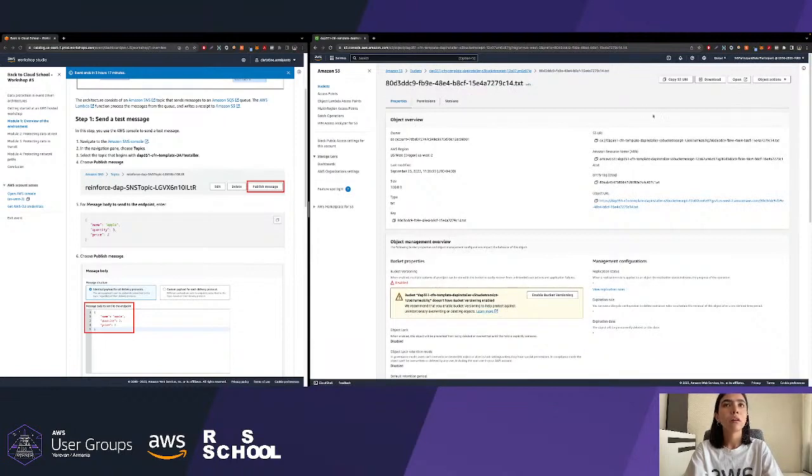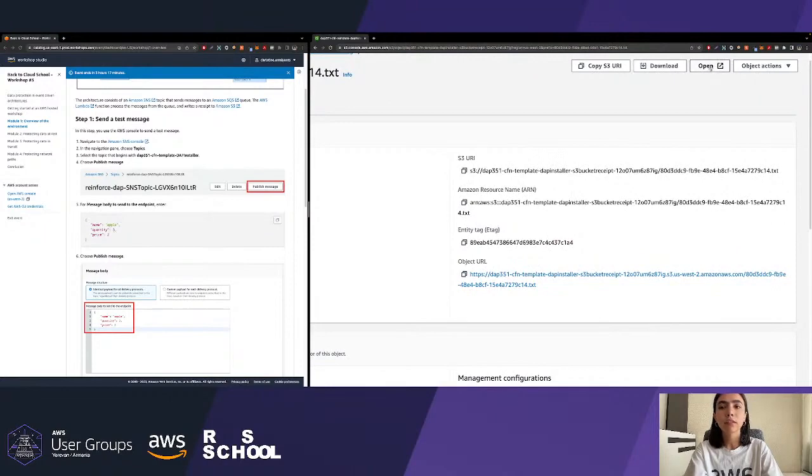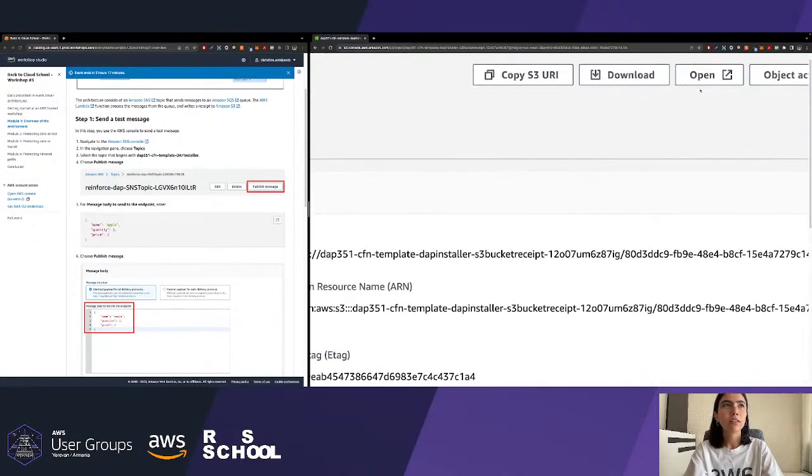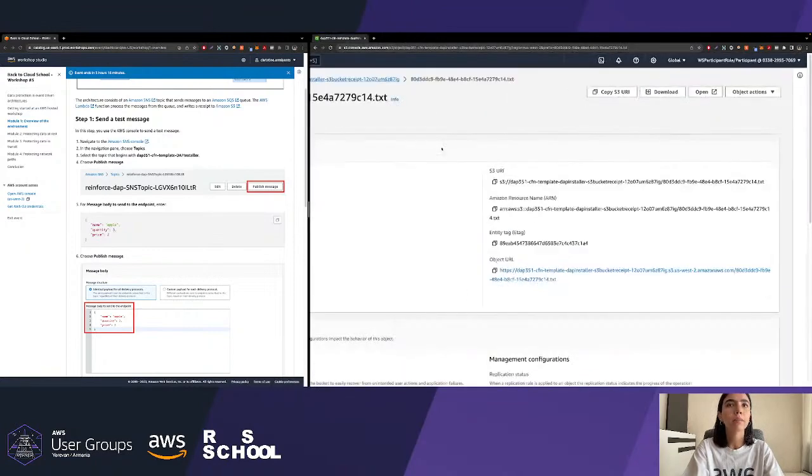Alright, hit that text file and hit the open button. I hope you can see, that's why I'm just zooming it. In any case, hit the open button and it will open a new message. And if you remember, as I said, you don't need to, we just have added one field here, total cost at 6. It was processed by the Lambda function and added here, and then the receipt was uploaded to the S3 bucket. Cool, so we have everything in place working.